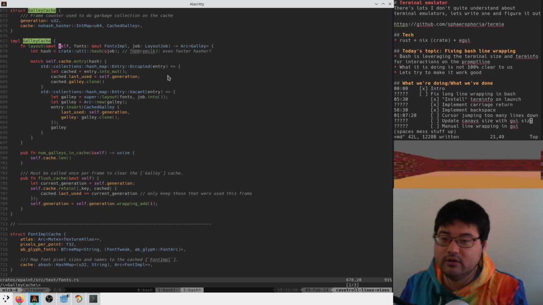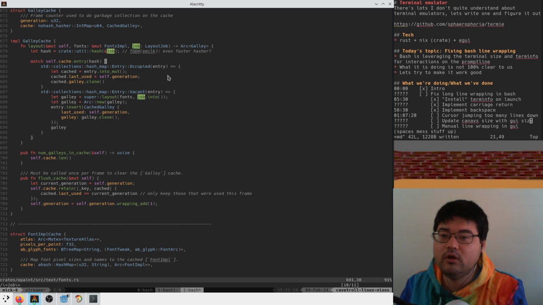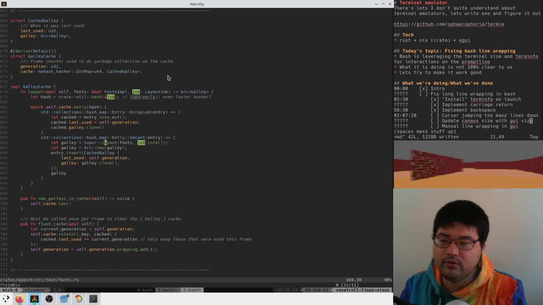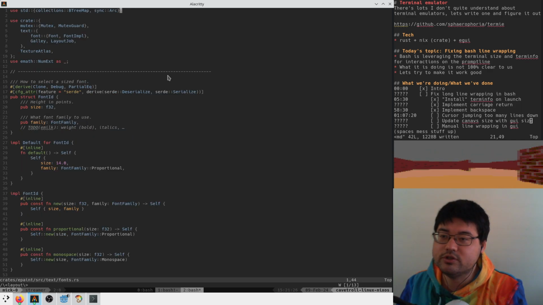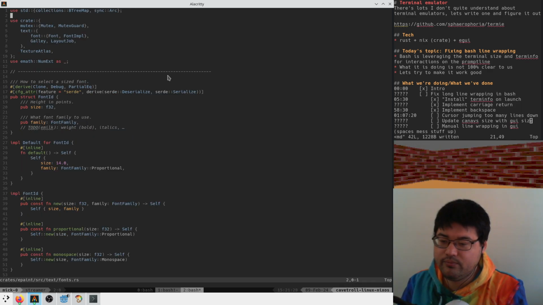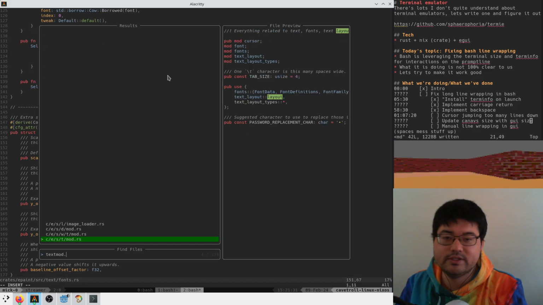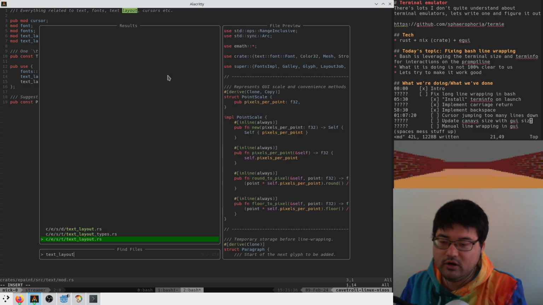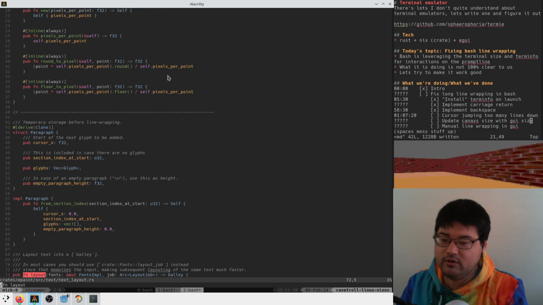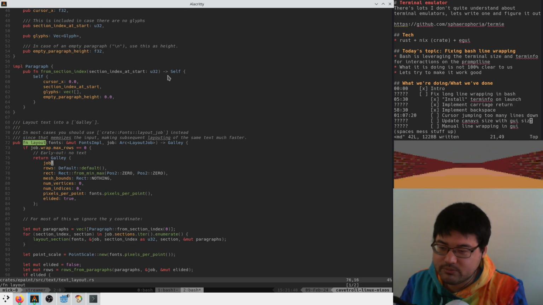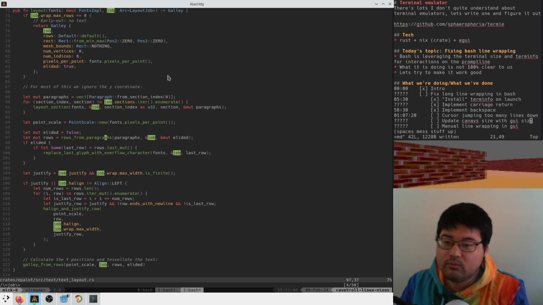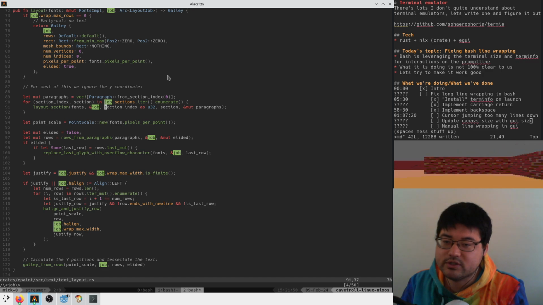What is, so he lays out a thing with the job and he calls super layout. So what is super? Text mod.rs, and he has text layout.rs function layout, who takes in the job, job, blah, blah, blah. Okay, row from paragraphs, layout section. So